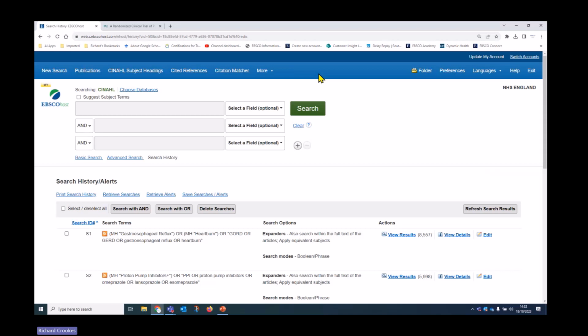So the MyEBSCO personal folder is shared across all EBSCO's databases. So if you create an account in CINAHL, then you can use that account also in Medline as well. Okay, and of course, for those who work in England in the NHS, you also have the Psychology and Behavioral Sciences Collection on the EBSCO interface. So you have one folder account for those 3 databases. But be mindful,